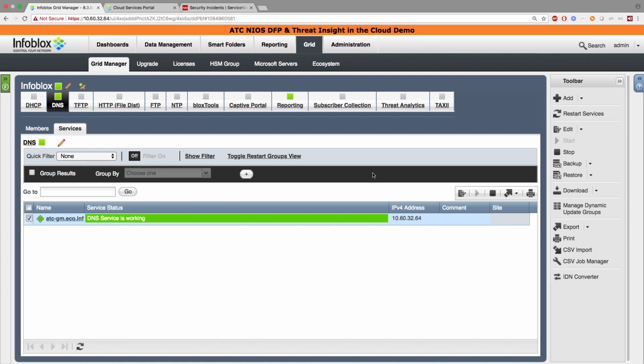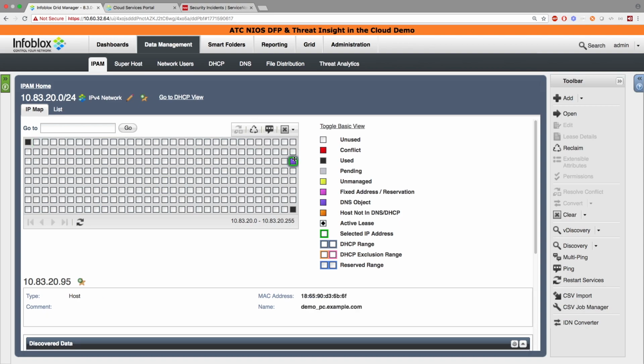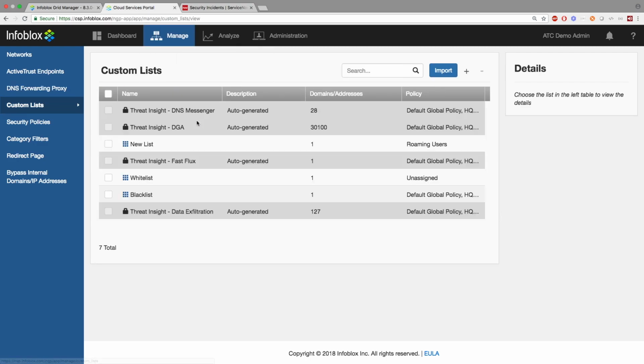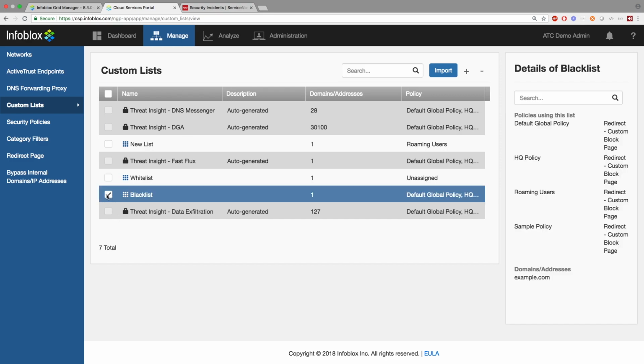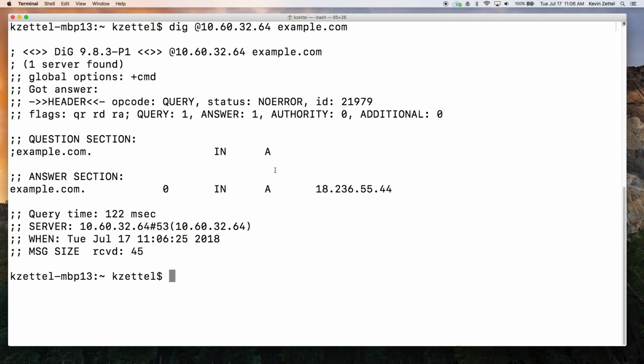Now I'll be showing you the process working. Here, we have a host at 10.83.20.95. When I go to the Active Trust Cloud portal and look into the custom list, we see that example.com is on the blacklist. Then here, I'm making a simple dig request, which is emulating a DNS request to example.com. Here we can see that example.com was redirected to